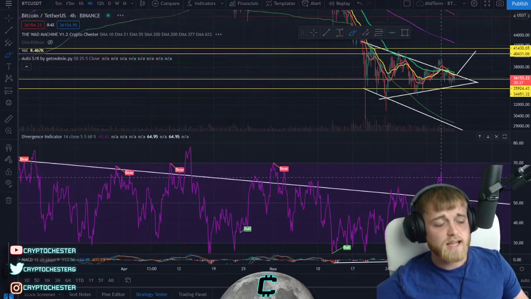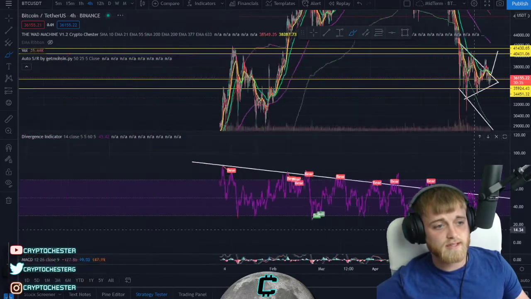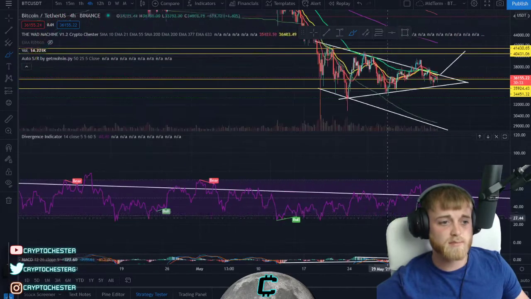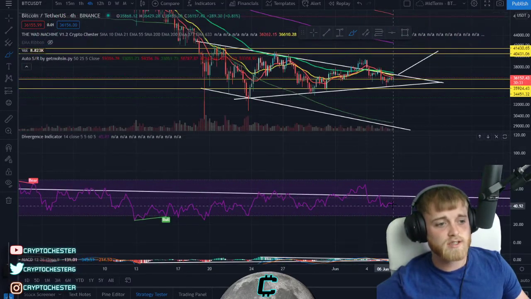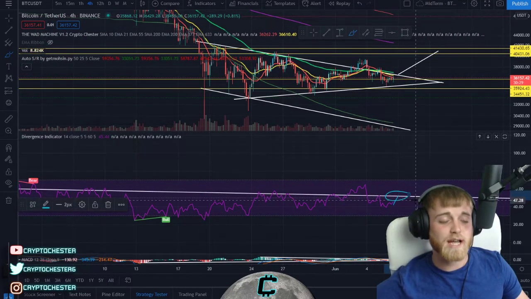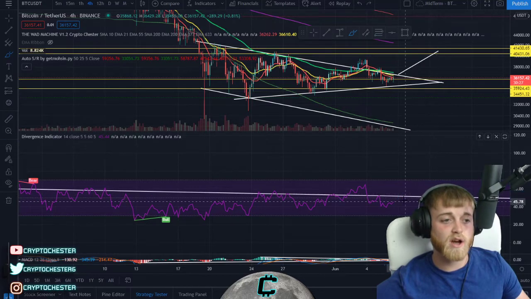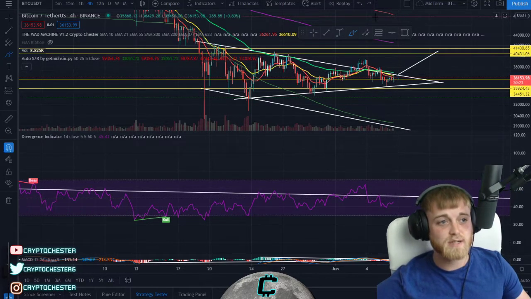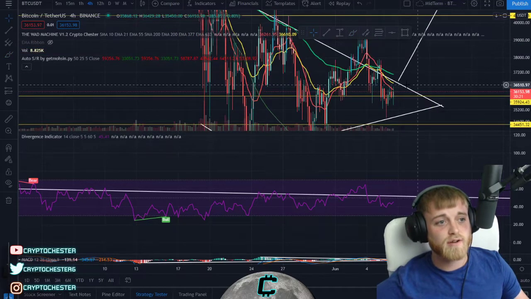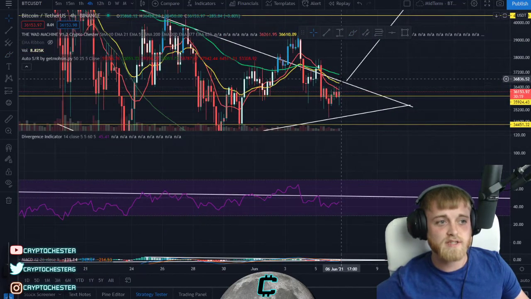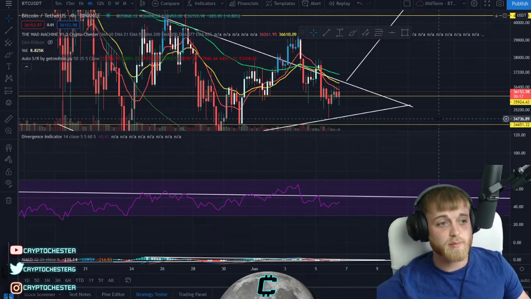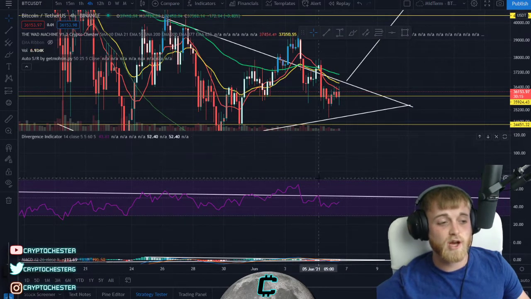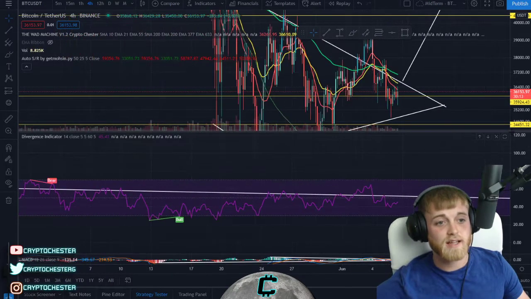In terms of the RSI here on the midterm, as you can see, this downward sloping resistance line is playing out. And if we do see a nice surge in the price, we do need to watch and manage this point pretty crucially, because if we are going to see the resistance coming and playing off that, it's going to have an effect in the price, and that does, in a sense, near enough line up perfectly with the top side of the symmetrical triangle on the midterm here for Bitcoin. So yeah, that's another place that I would be watching and referencing to that degree as well.